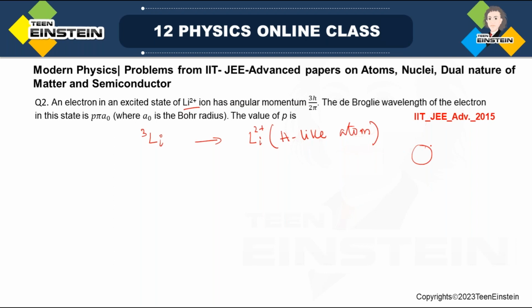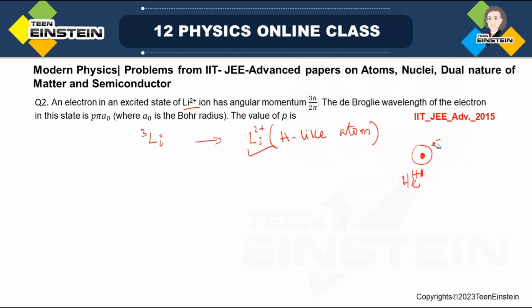So hydrogen atom has only 1 electron in the outer orbit. Or a hydrogen-like atom, which means any ion can be a hydrogen-like atom, like lithium. If I take helium plus 1 ion, 1 plus ion can behave as